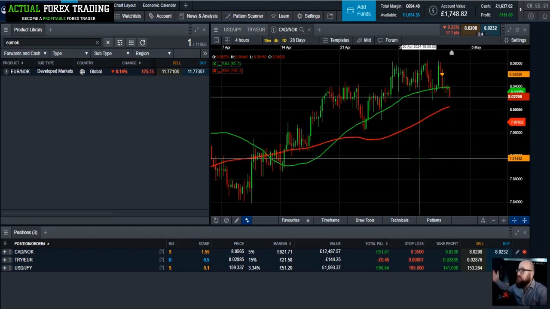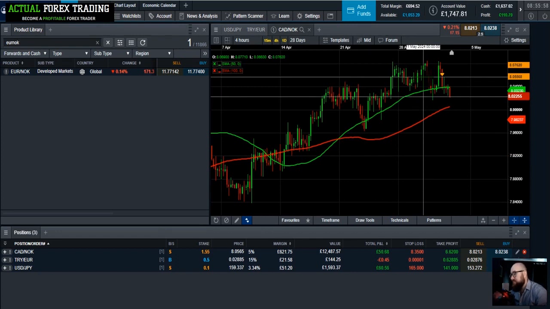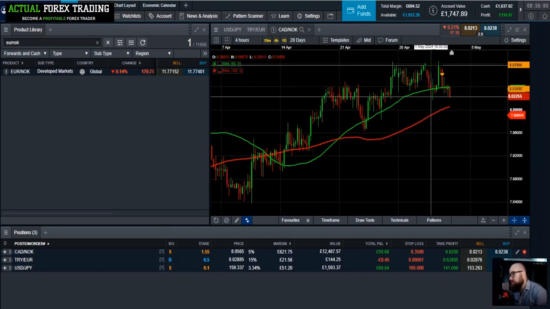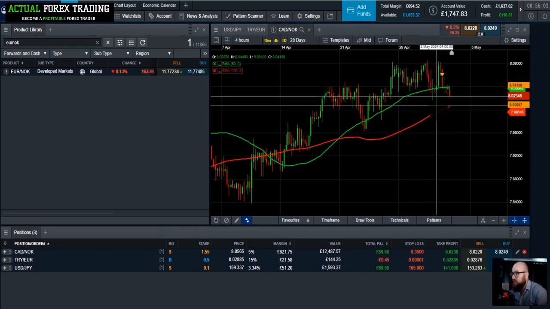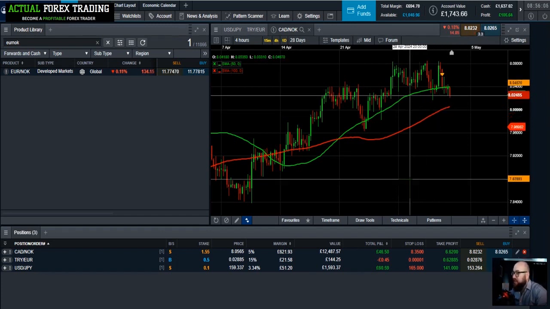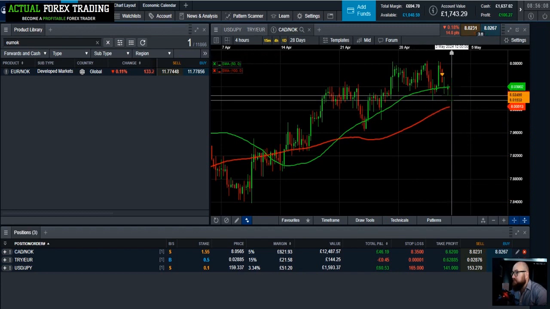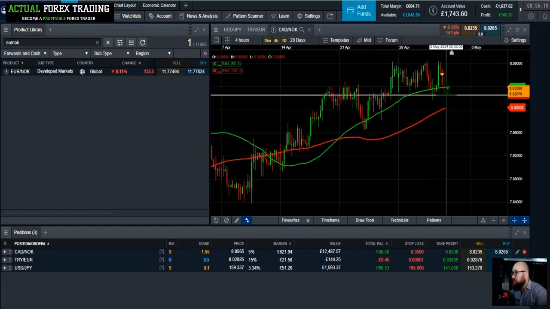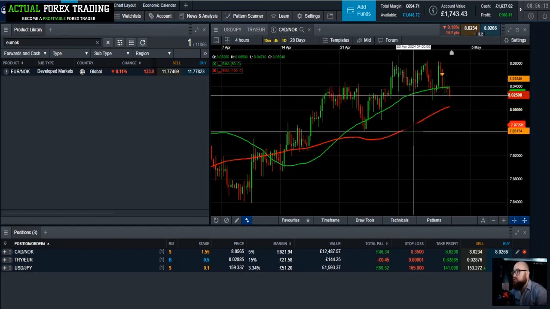So I'm having to reduce my risk slightly now because I just can't meet the margin requirements in some of these pairs. So I ended up risking about £50 rather than £100, but it means I can keep taking other trades. Position's doing well. The reason I'm sharing the position with you now is to show you my entry,